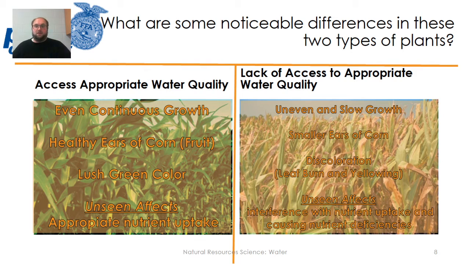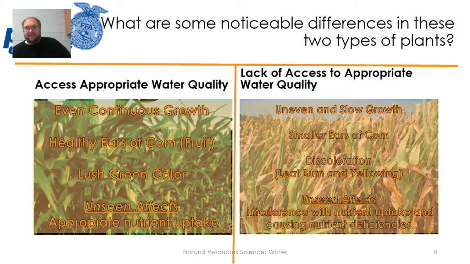And the first thing you noticed was the discoloration, the leaf burn, the yellowing of the plant. That's because oftentimes when plants have low water quality, it has extra salts and other nutrients in it that the plant can't use, or too much of a certain nutrient, and it causes the plant to burn. It kills things on the inside because the plant tries to store this nutrient and it winds up basically drying the plant out because there's too much of it.